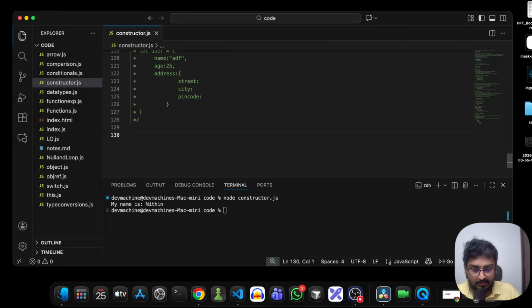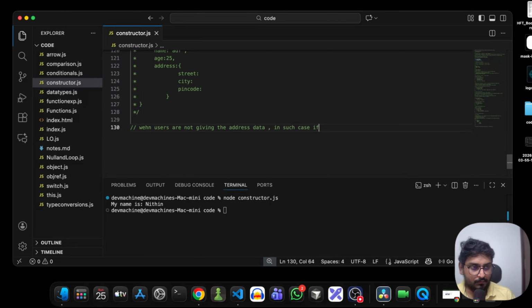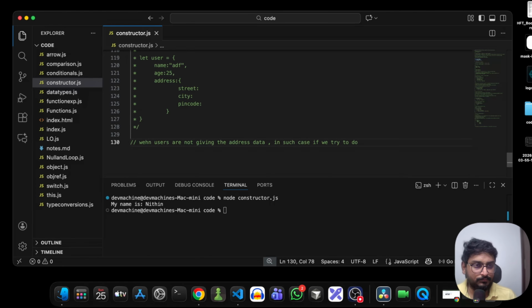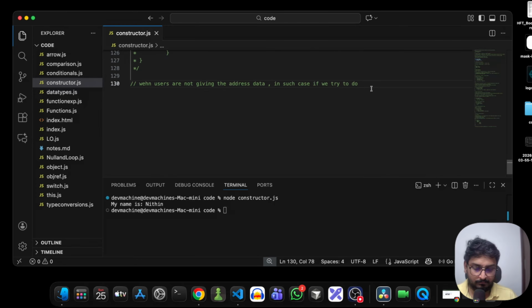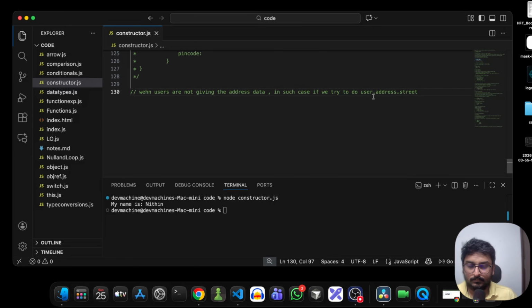Now, in such a case, when users are not giving the address data, if we try to do something like this,